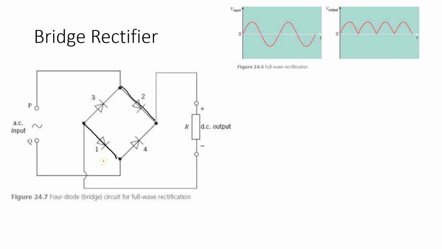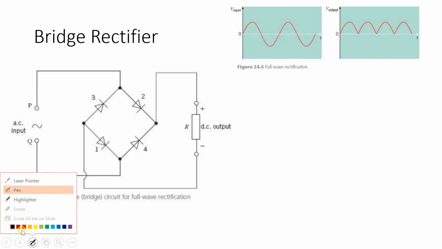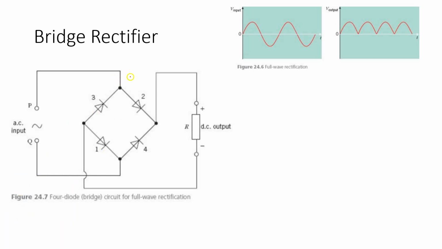All right, so how do these work now, guys? It works on a lot of concepts that we're going to look at. In full wave rectification, we're not cutting off the negative side. What we're doing is taking the negative and flipping it up to this part. Rather than cutting it off, we're taking it and flipping it over to this side. So how we go about doing that is by setting up our circuit as such with our AC input,